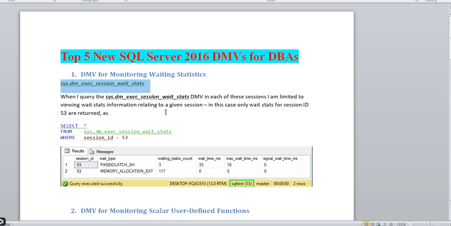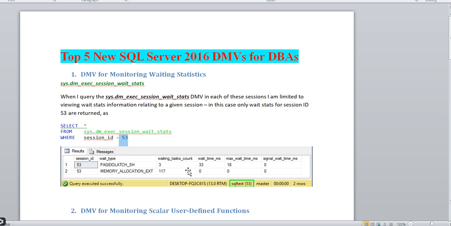What this DMV is basically doing is very helpful. You now have the option to extract a report for a particular session ID, the wait stats or wait time and so on. If you can see here in an example, the session ID 53.